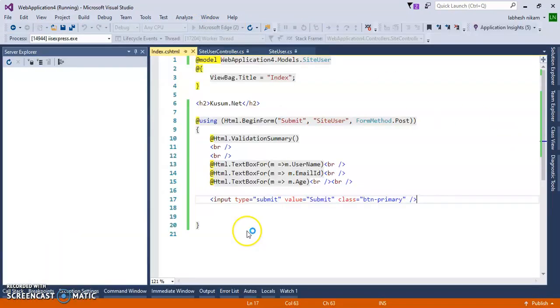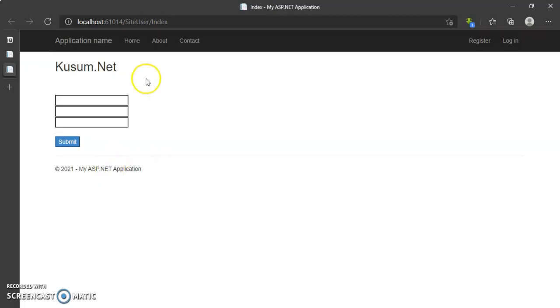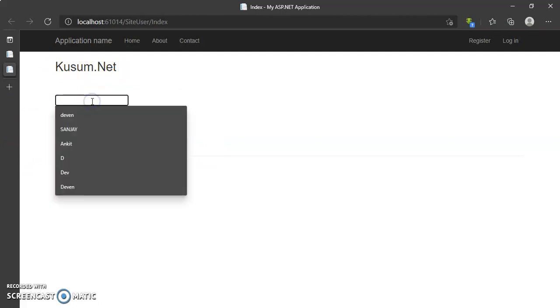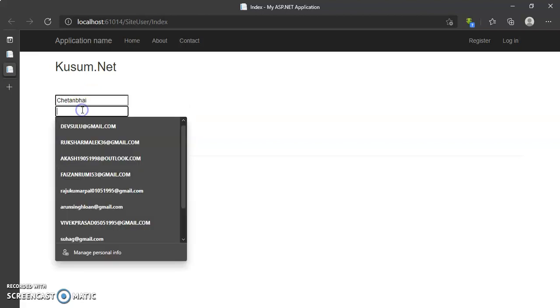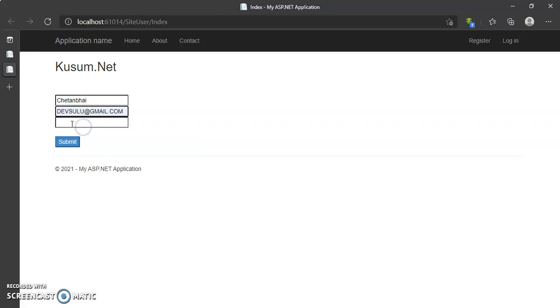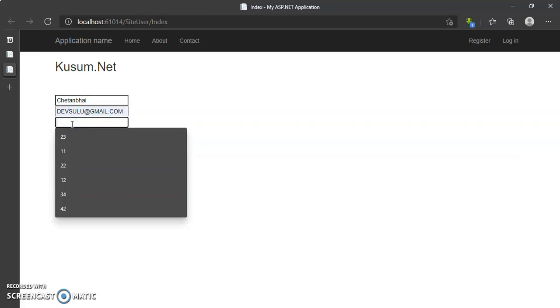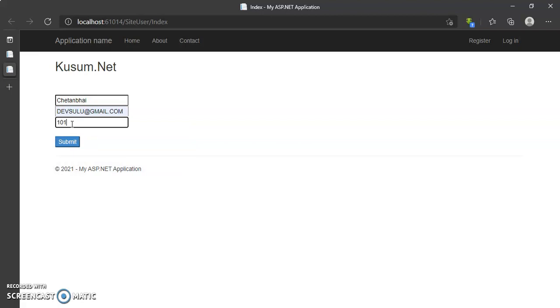You can see here this is our index page. Let's use the username, suppose Chetan, and the email address, and age suppose 101.